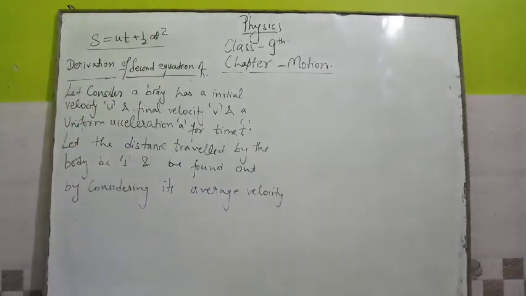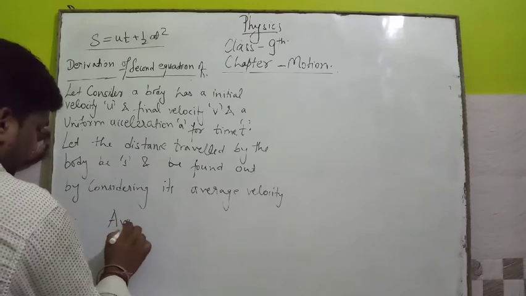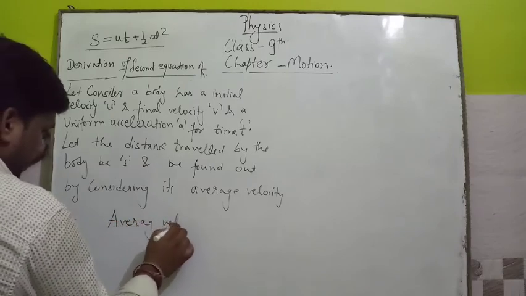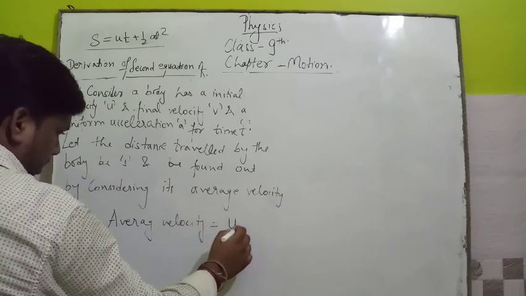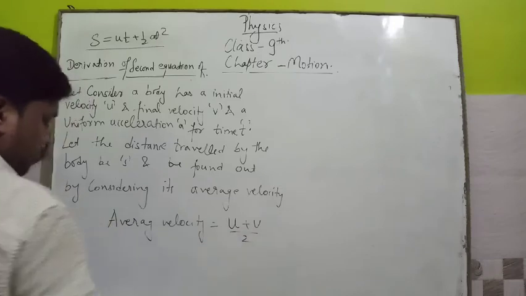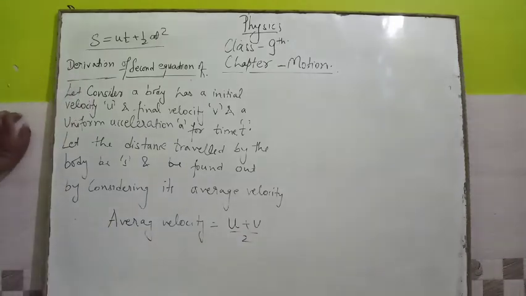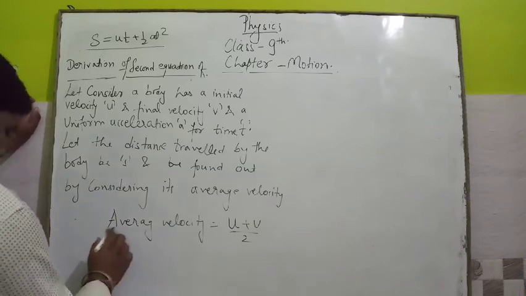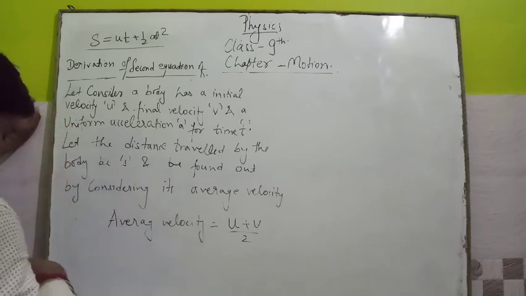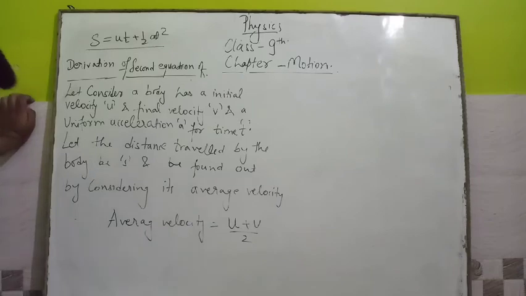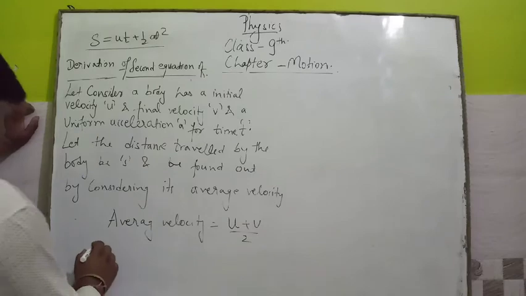As we know the formula of average velocity: average velocity is equal to initial plus final divided by 2. Clear? And also distance traveled is equal to